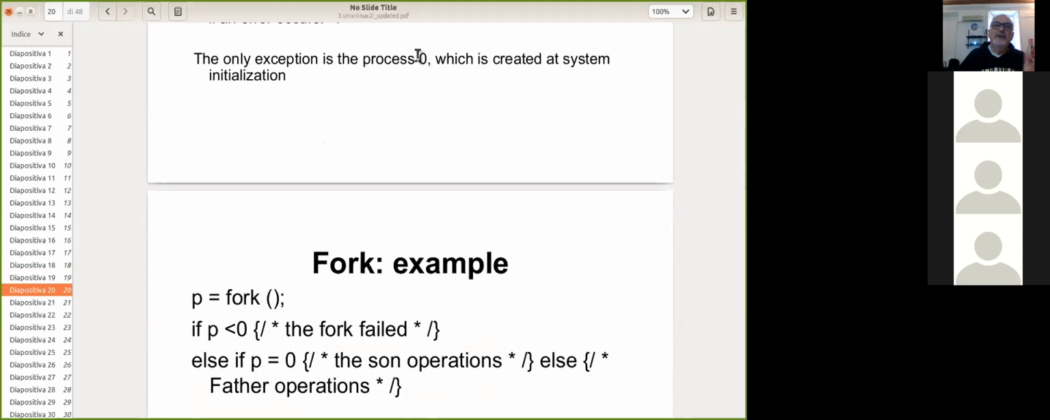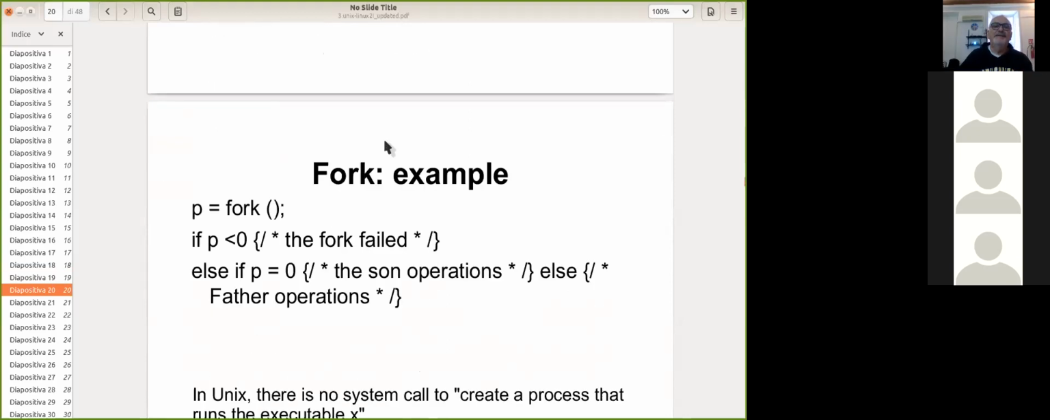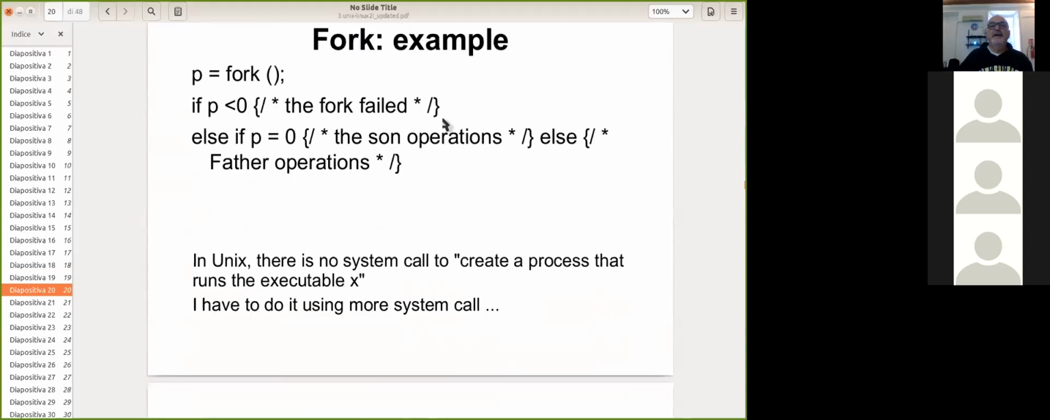Process 1. This is an example, a very simple example. P, that is the int P, or process ID type, int P equal fork. So fork is executed, the return value is assigned to P. If P less than 0, the fork failed. So you must do something, and we will see what to do, because it's an exceptional case, but must be treated in any case, in robotics in particular. Else, if P is equal to 0,